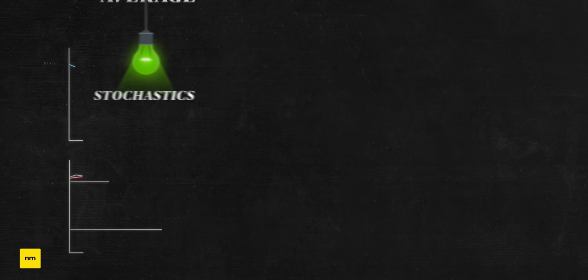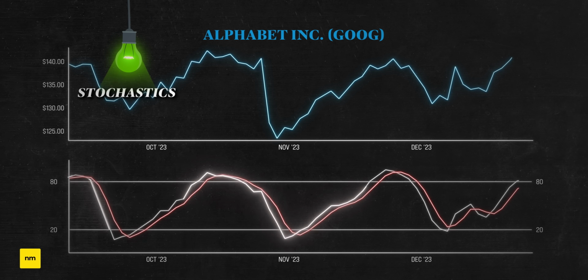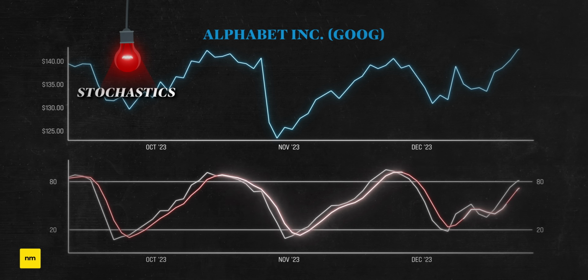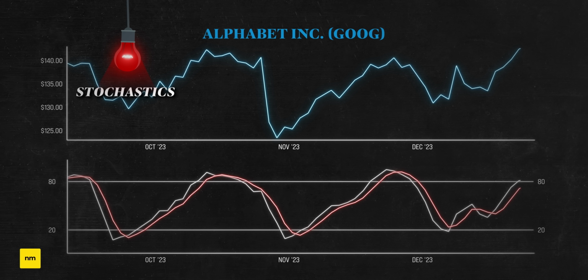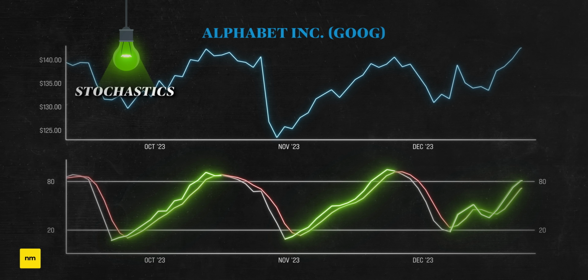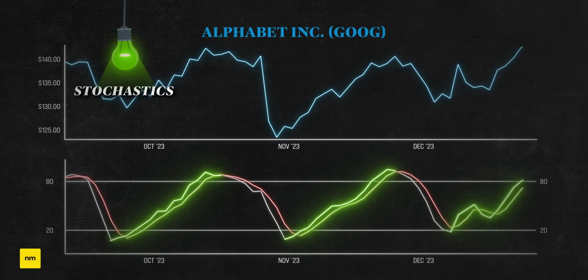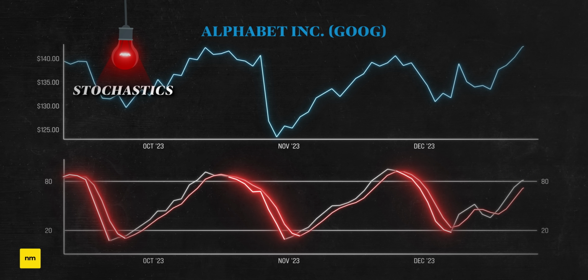So the stochastics chart looks like this. This line here is what we call the buy line, and the other is called the sell line. And what we're actually looking at is the movement of the big money into and out of the market. So when the stochastics chart rises, it means the money is funneling into the market, and this causes more buying pressure and the stock price will rise. And then on the flip side, when the chart starts downsloping, that's watching the big money pull out of the